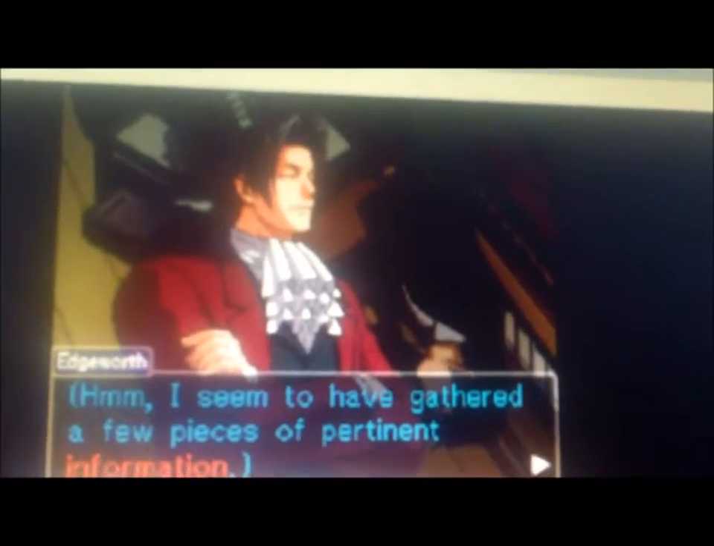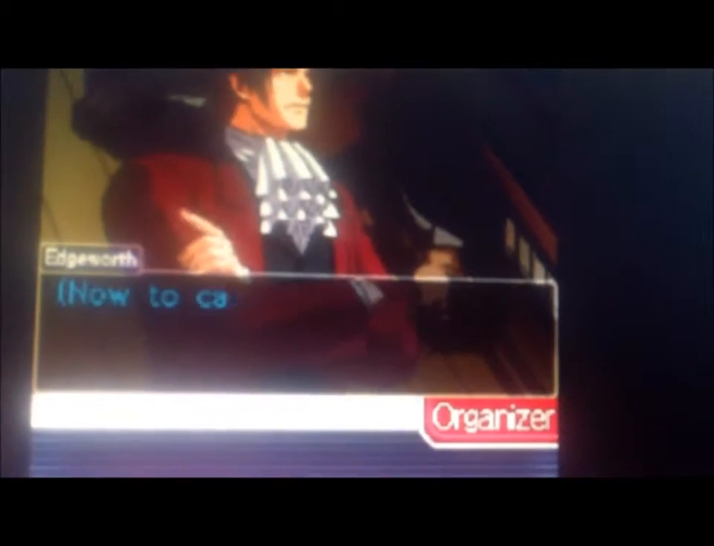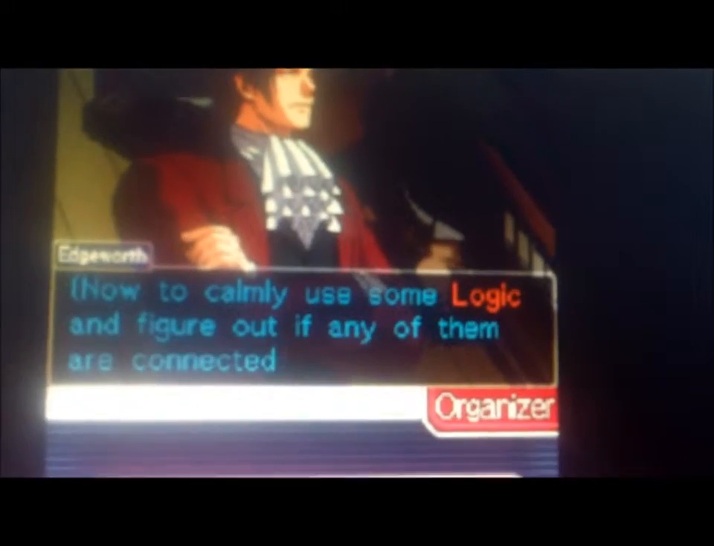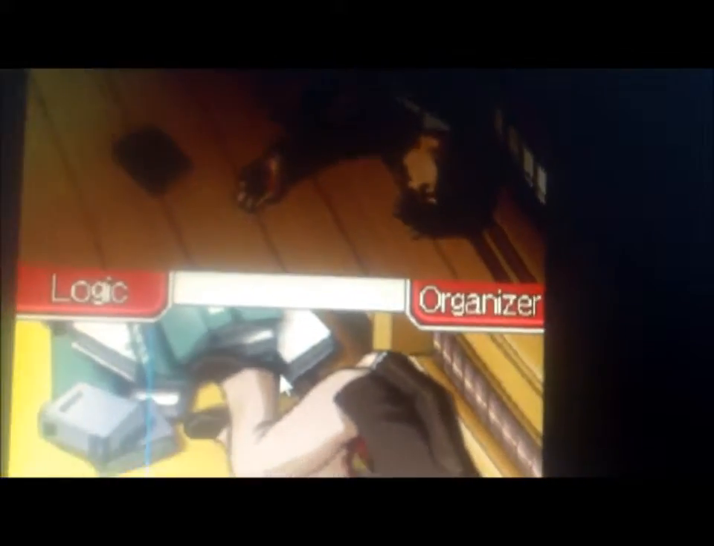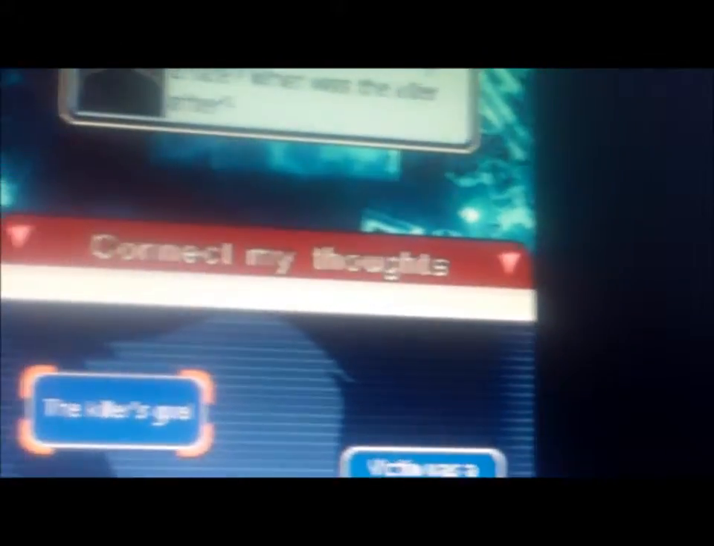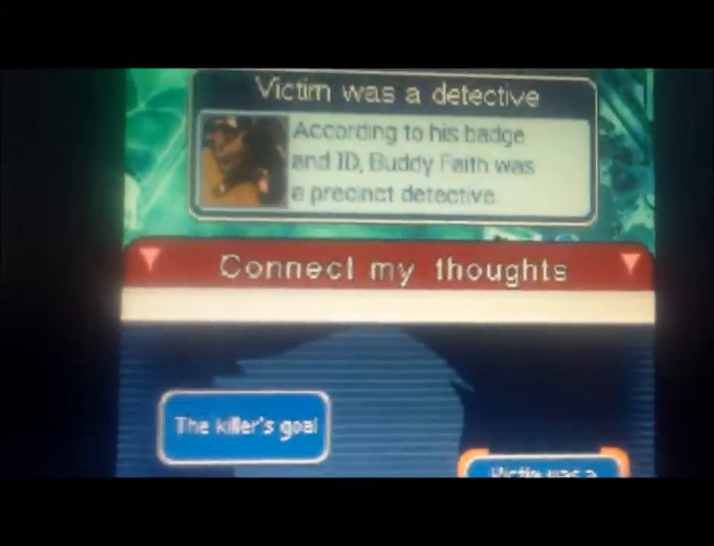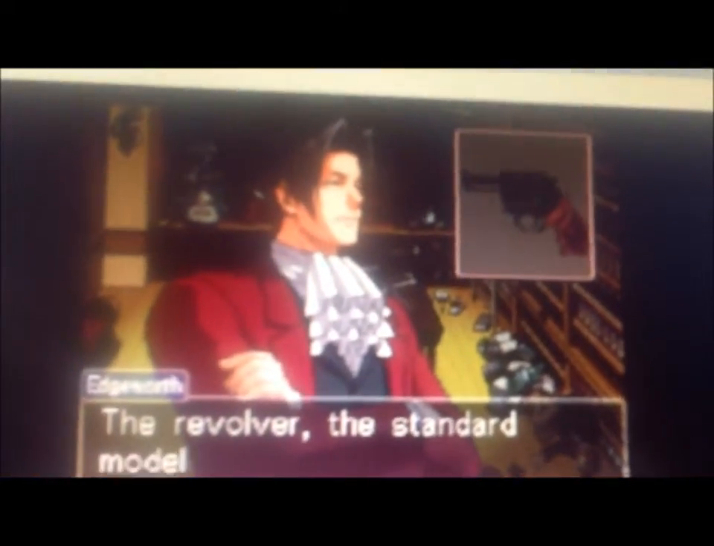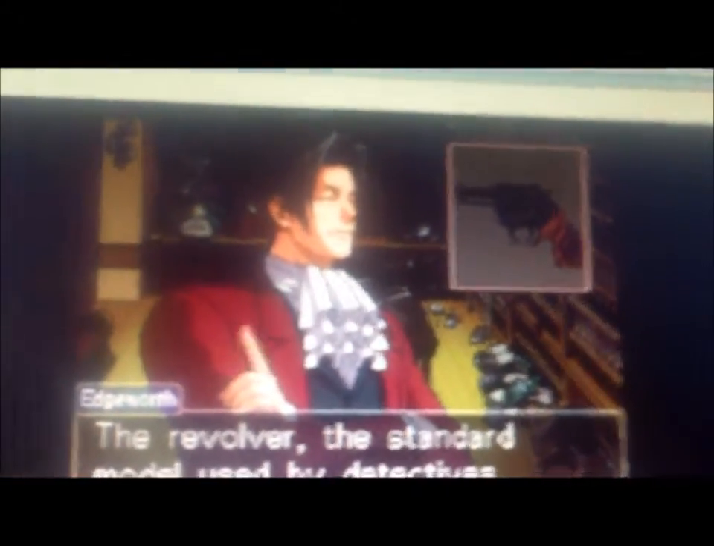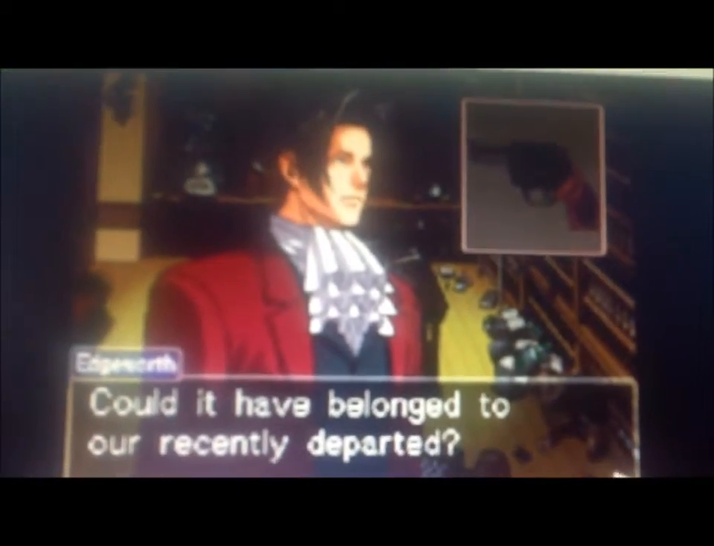I seem to have gathered a few pieces of prior information that would commonly use some logic to figure out they're connected to each other. So anyways, we're gonna go and hit the logic button. Revolver. The victim was a detective. The revolver, this standard model used by detectives. Could it have belonged to a recently